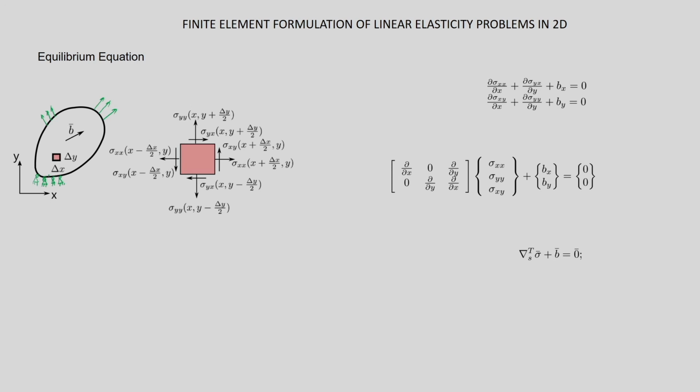Under these forces and reaction forces, the body is undergoing some deformation, and because of its inherent property it is resisting the deformation. So internal stresses are getting generated. We are considering at a point x comma y a small element of length delta x and delta y along x and y direction, and that we have